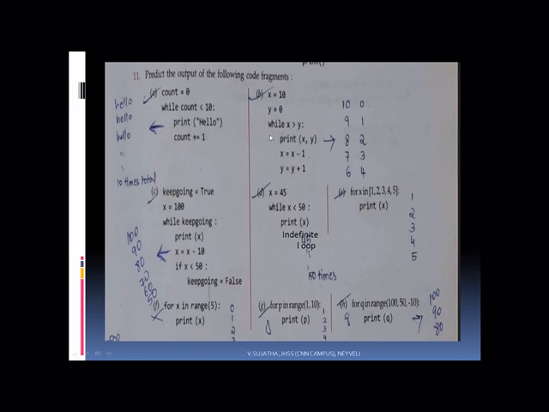So again the condition is here. What is the X value? 9. What is the Y value? 1. 9 greater than 1. Yes, condition is true. Again 9, 1 will be printed. In the same manner, again X will be decremented and Y will be incremented. Then it will become 8 and 2. Now you are checking 8 greater than 2, and 8 and 2 will be printed. Now X will become 7 and Y will become 3.